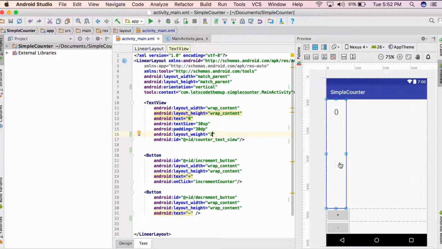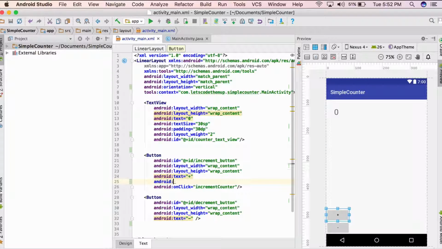As you can see from the preview, the text view is bigger than buttons, both of which have no layout weight set right now. Let's play around some more. Let's make each of these three have a layout weight of 2. So set the layout weight of buttons to 2.